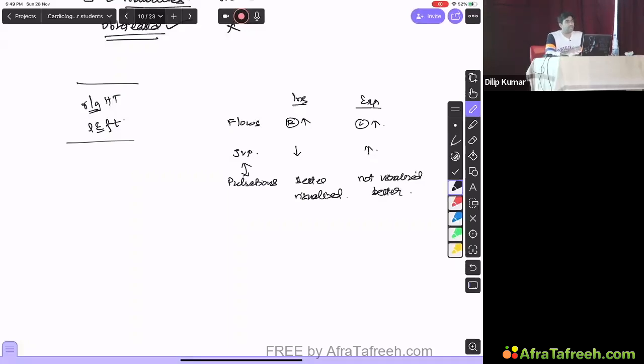Why? Because during inspiration only, the IJV will be in direct continuity with the right atrium. During expiration, there is a chance that the JVP might get kinked because of the increased intrathoracic pressure. So the pressure may not be transmitted to the IJV properly during expiration. Yes or no? Only when the pipe is in proper continuity will you be able to see the pulsations